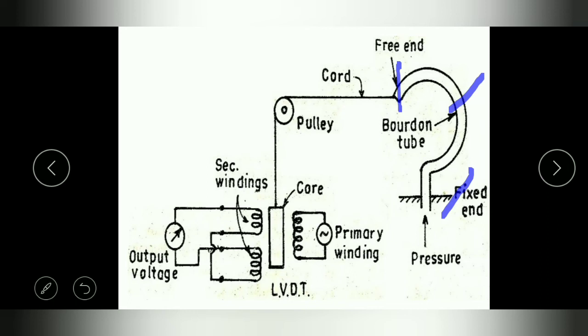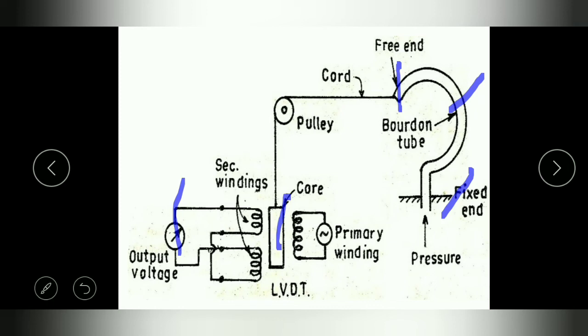The deflection of the free end of the Bourdon tube is connected to the core, which is a part of the LVDT. Depending upon the movement of the free end, the core will move, and that will induce some mutual inductance in the secondary windings of the LVDT, and correspondingly an output voltage will be displayed, which is a measure of movement of the core, which in turn is a measure of the pressure applied on the fixed end of the